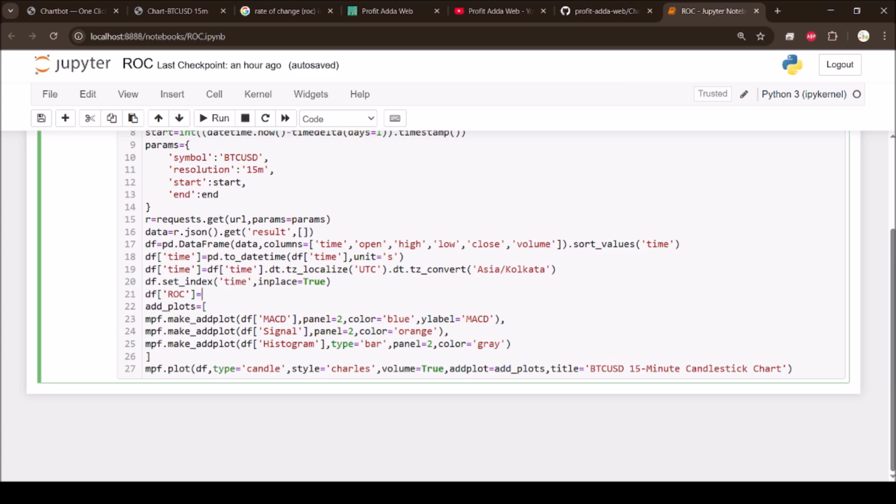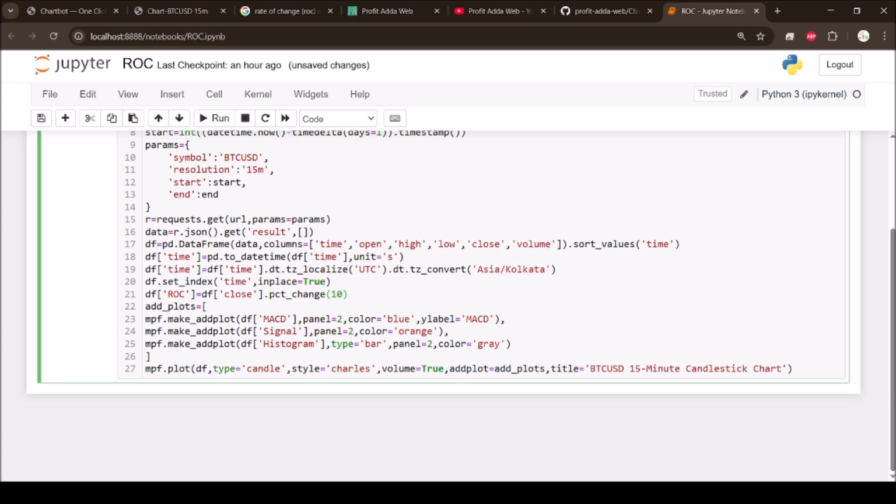making a plot, and the calculation will be, we got the close, and as you know pandas always gives percentage change, so you can say pct_change. Okay, and you have to give the period, simple as this. So we just try with 10, a 10 period. So this is the simple formula, you can check in the chatbot. So this is how it is